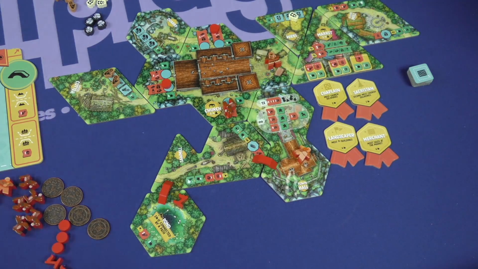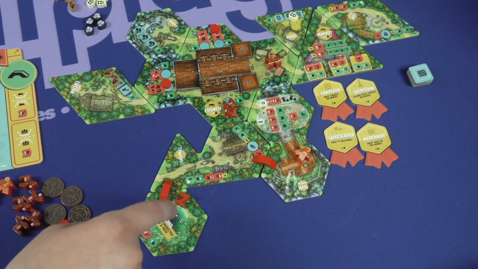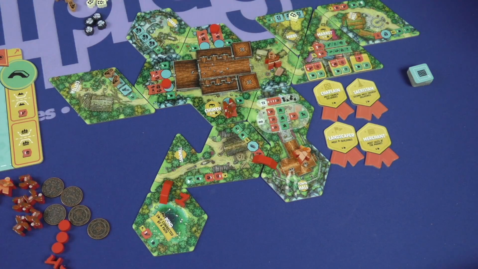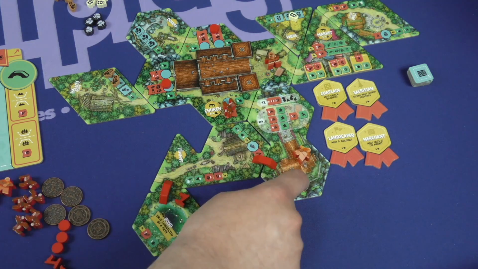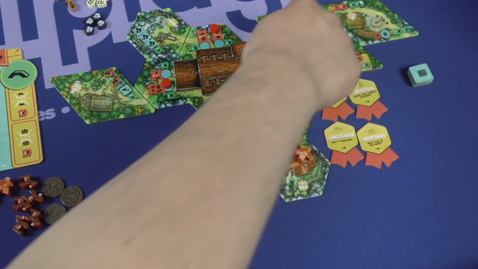Next up, you're going to be earning a point for each one of these bridges and roadways that you've built, and then you're going to score your longest personal road. Each player will individually look at the longest length of road they have running from one part of the village to the other. So I see that this is 1, 2, 3, 4, 5, and 6 tiles